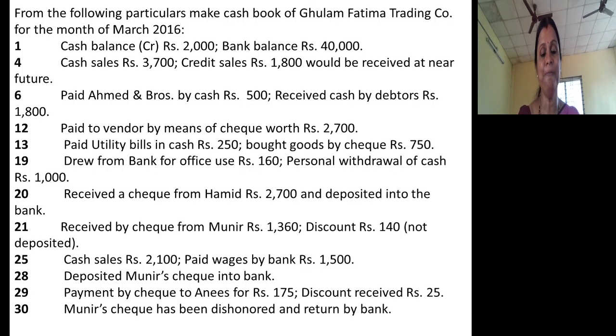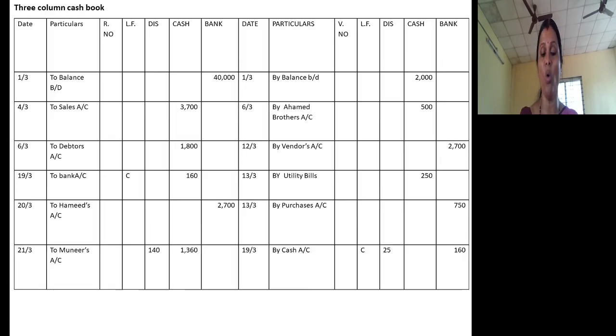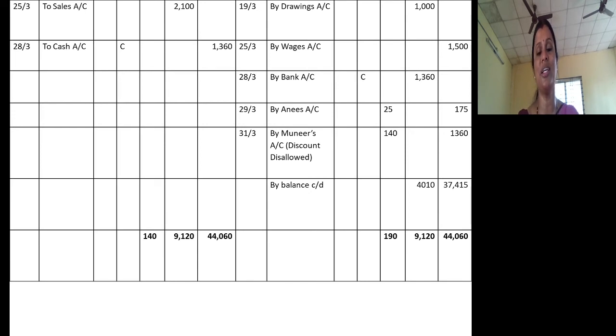175. So then Munir's check has been dishonored and returned by bank. See, we received Munir's check one day, we have not deposited, so we treated it as cash received. Later we deposited on 28th, so it resulted in a contra entry. So now bank particularly gave information with regard to dishonor of check. So when there is dishonor of check, Munir's check gets dishonored. So how I treated, you just see. So what's the journal entry? Munir's account debit to what account?